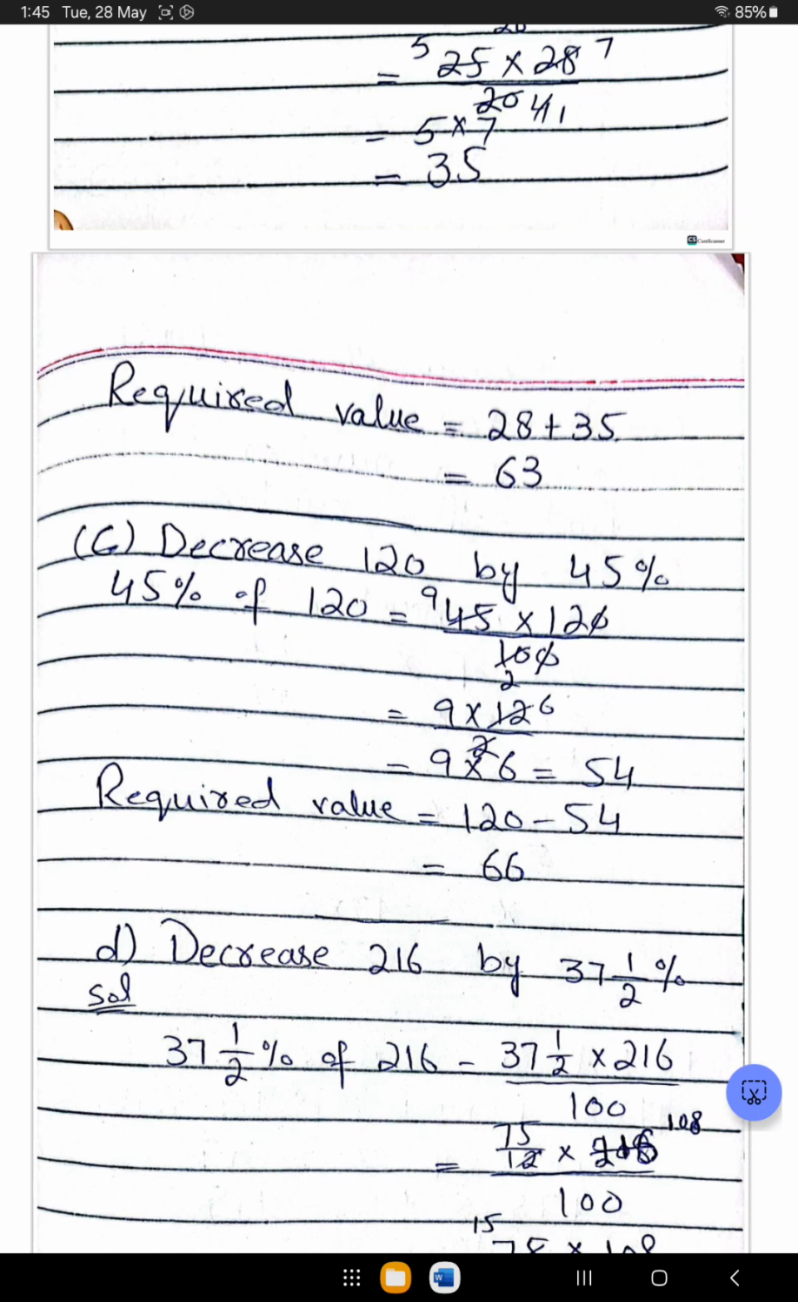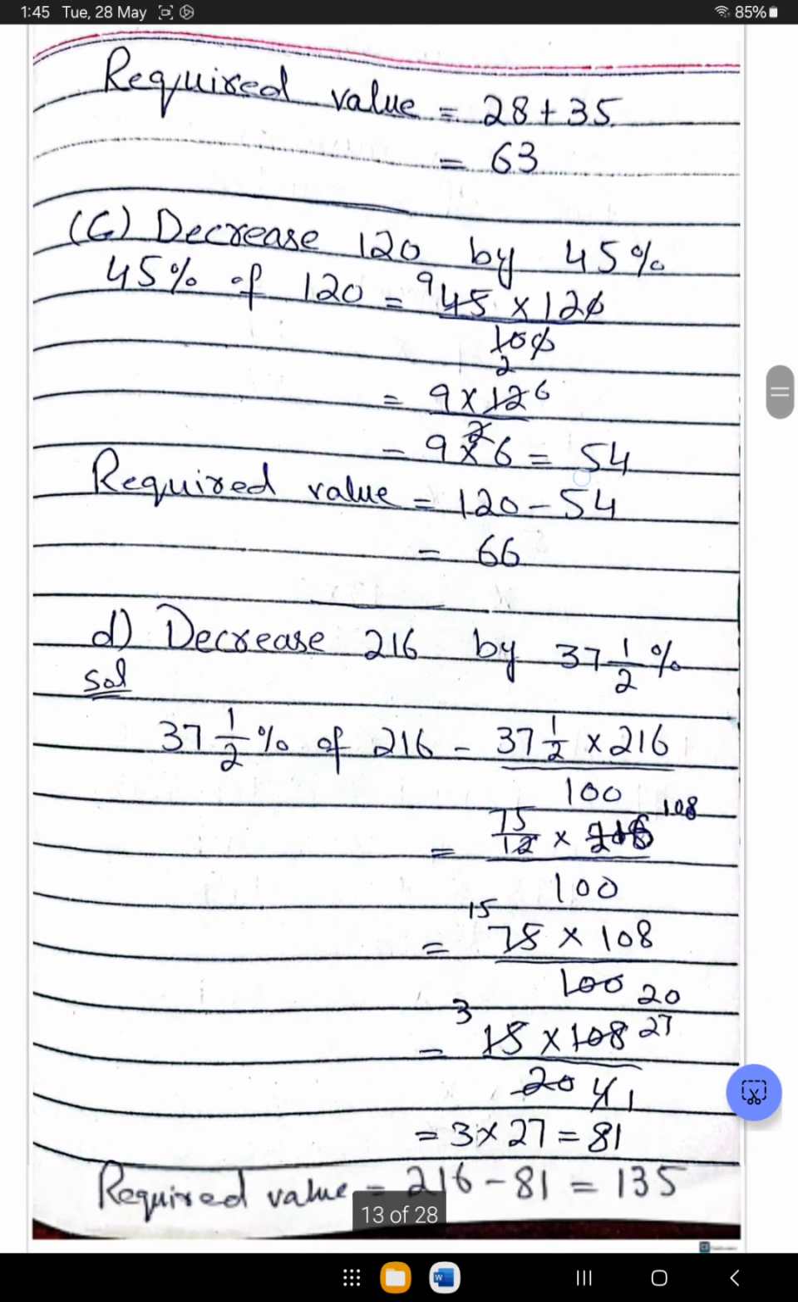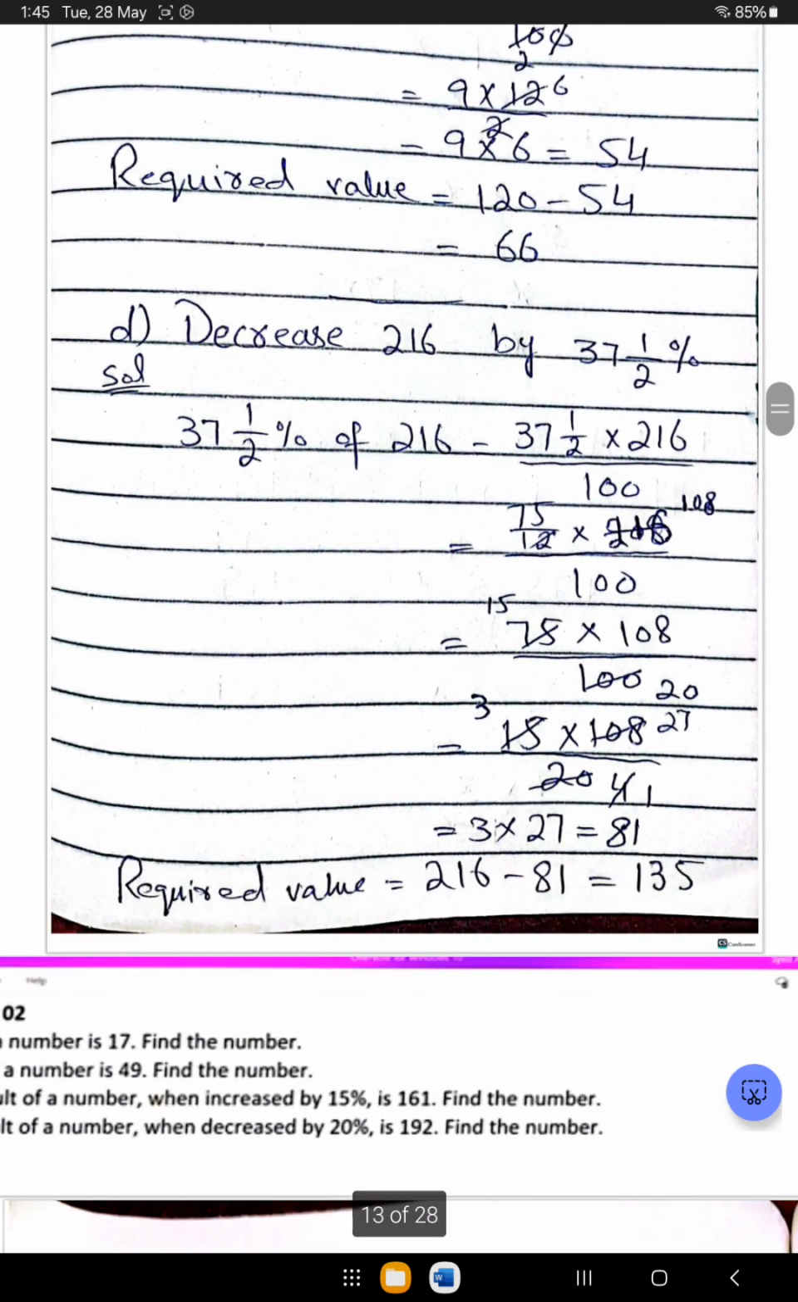For the required value in decreasing, we subtract the percentage decrease from the initial value. Initial value is 120 and decrease is 54. 120 minus 54, the answer is 66. D part is decrease 216 by